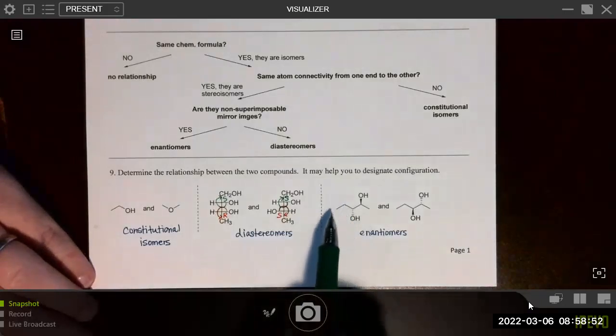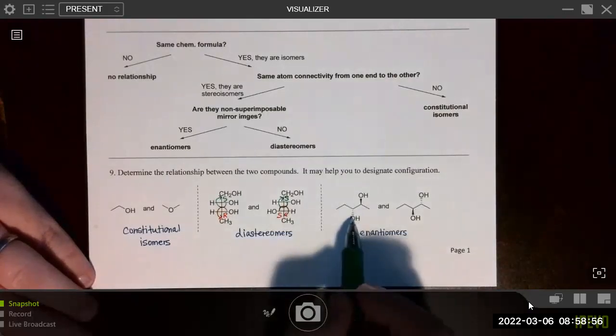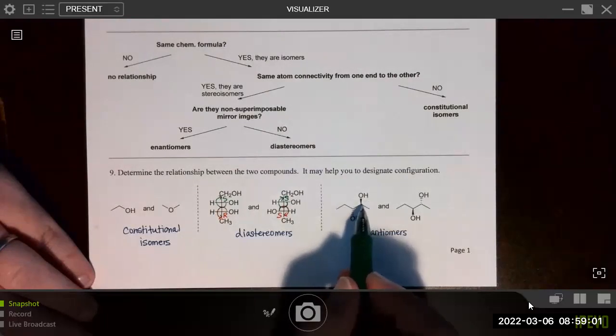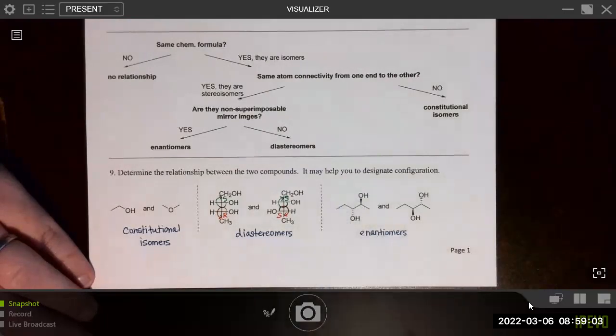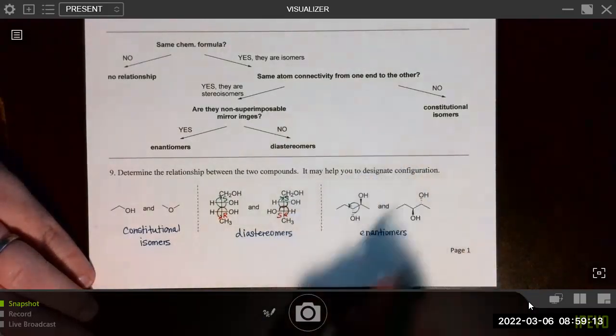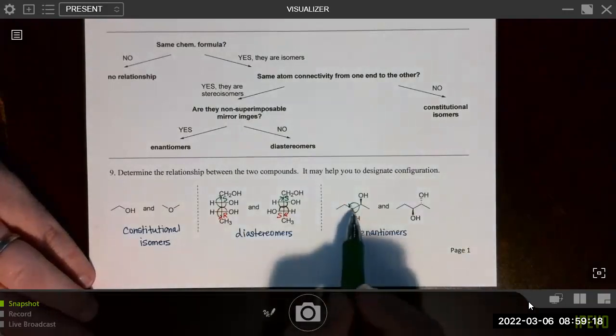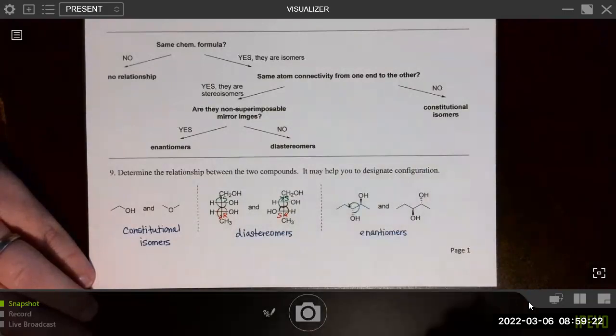What about over here? Let's go ahead and assign priorities. We have oxygen, hydrogen coming out at you, carbon, carbon. This carbon will have the tiebreaker over this one. So 1 to 2 to 3. Again, that 4th priority group is coming out at us, so you can even draw that in if you want, or it's a little small, so I'll just leave it off. So again, if it's coming out at you, we're really going to change this counterclockwise to clockwise, and this will be R.